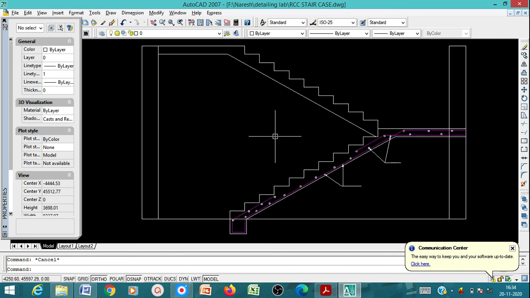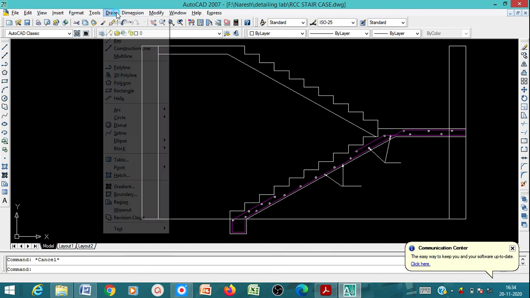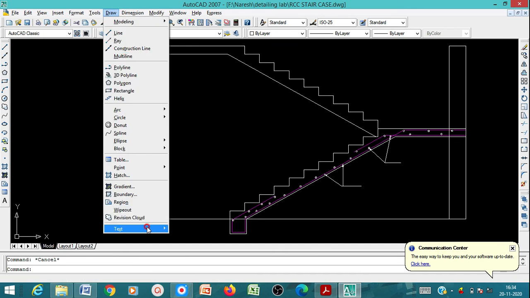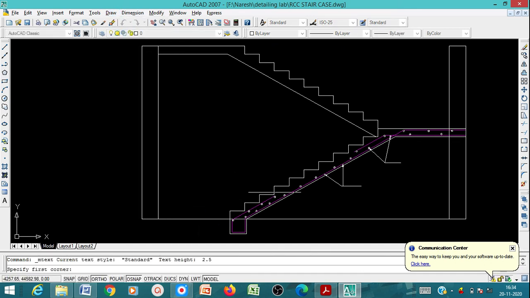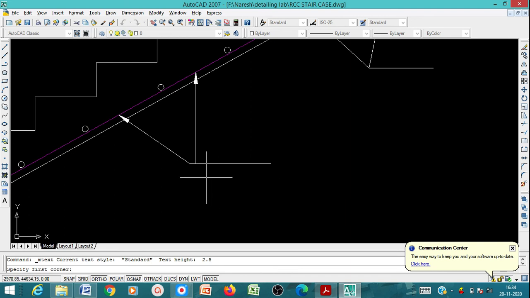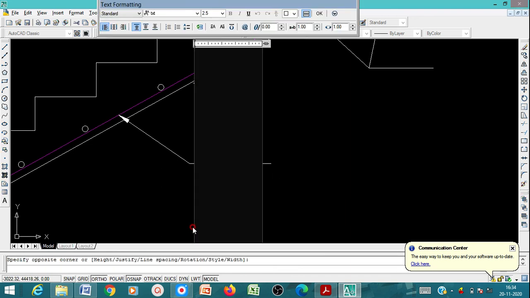Now you have to go to text again. Where you have to go? You have to go to draw, text, multi-line text. You have to write main bars or main steel. 10 at 120 mm center to center.